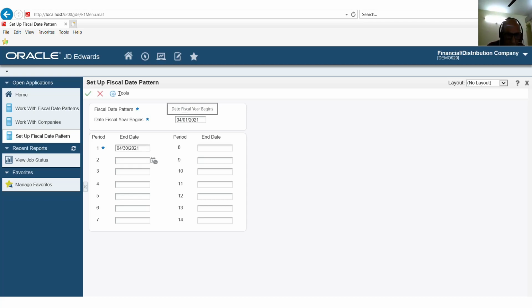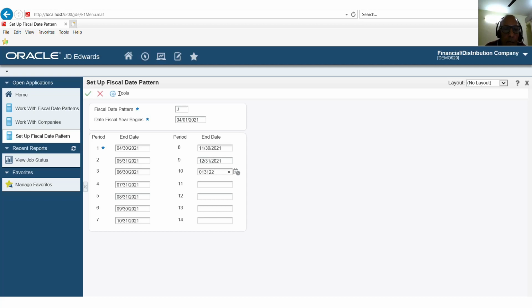The next period will be 05/31/21, next 06/30/21, 07/31/21, 08/31/21, 09/30/21, 10/31/21, and this is November, so 11/30/21. Then 12/31/21.